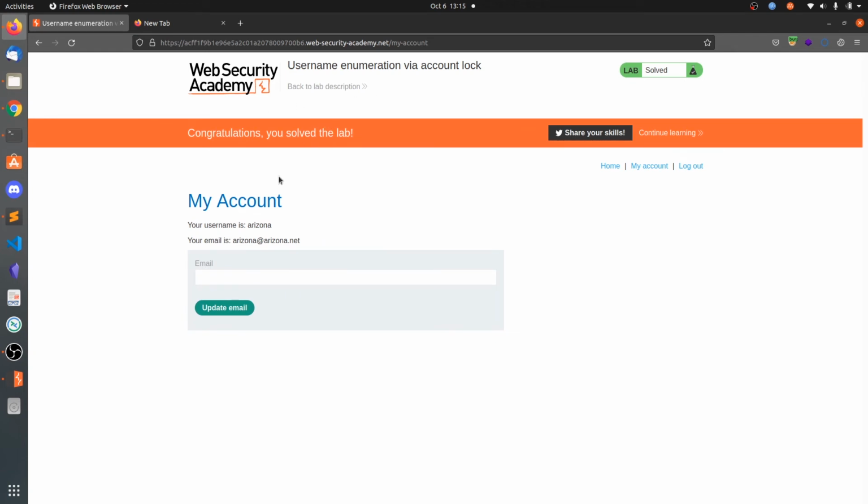So even if the account is getting locked, the web server should not show us the message that the account is locked or you have tried too many times, please try again after 1 minute. It should show some generic message like error. You should not reveal any of this information to the attacker.